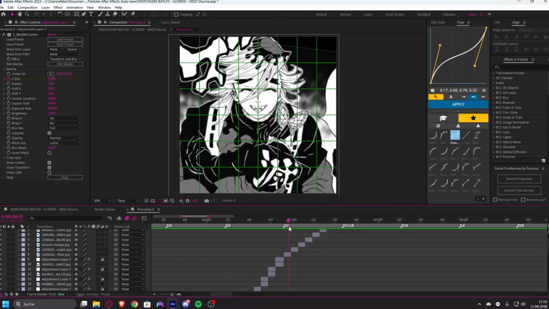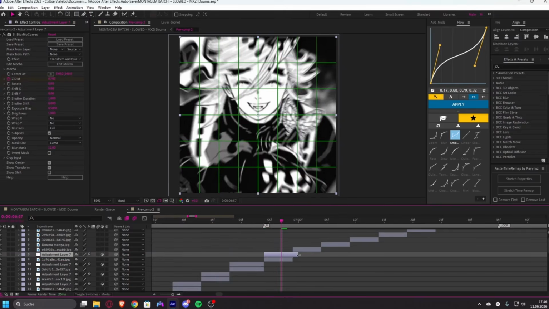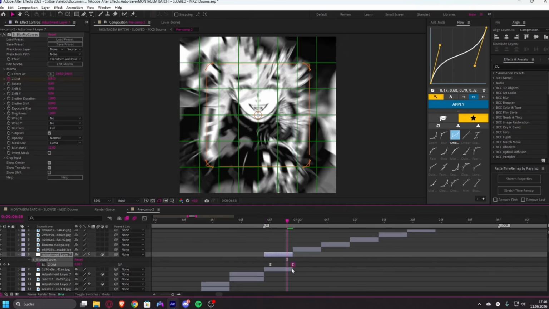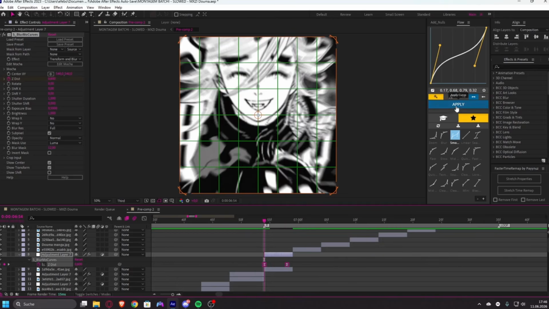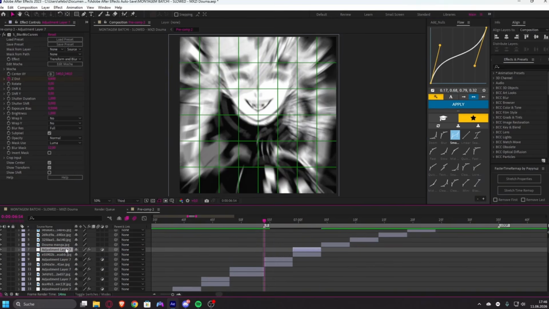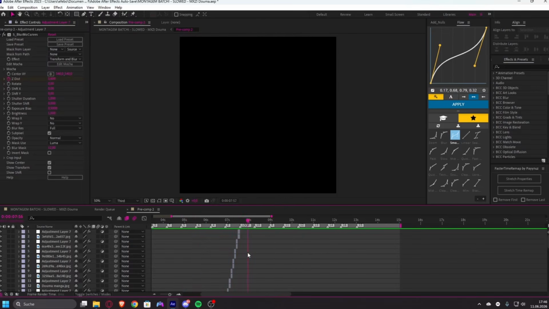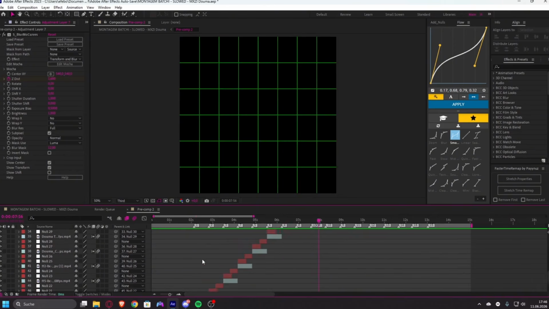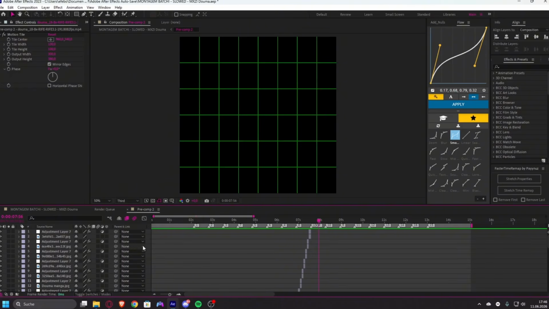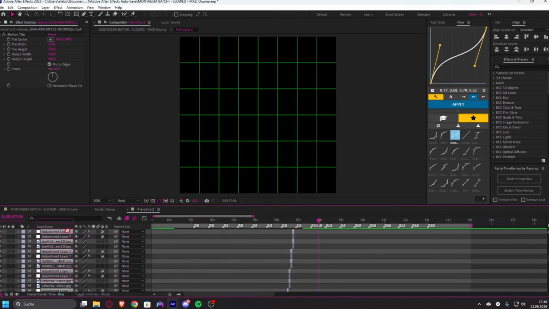And on the next ones, we'll be doing the opposite. So instead of zooming in, we'll be zooming out. So we just switch the first and last keyframe. And that's it. We just apply the graph and copy paste it on each of them. So now it looks like this, which is perfect. And now we just select our first clip and the last manga clip, duplicate it, and we